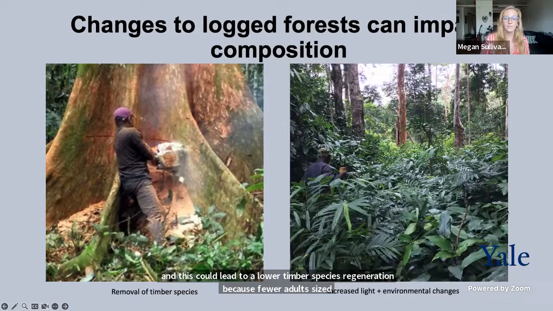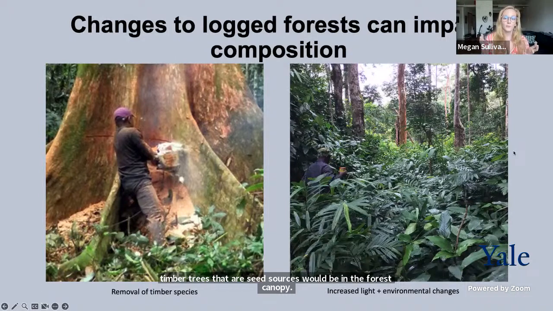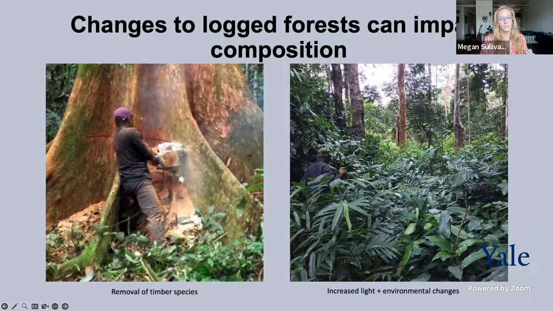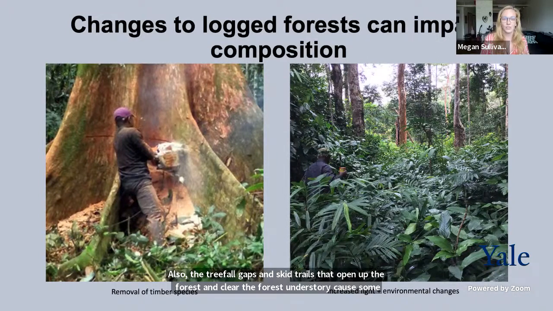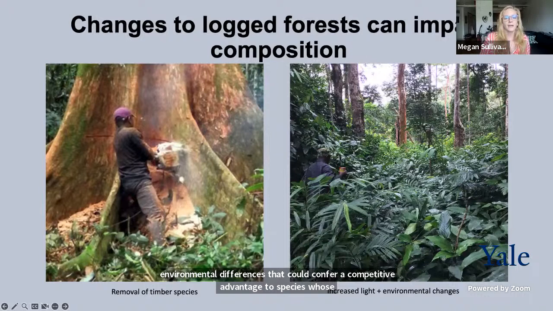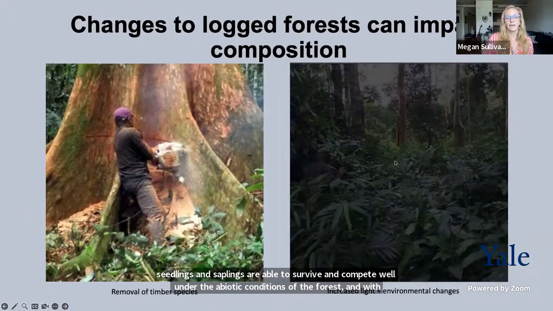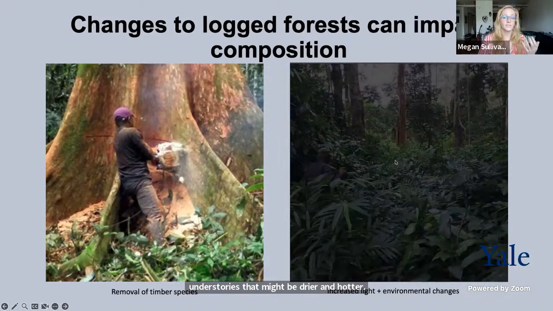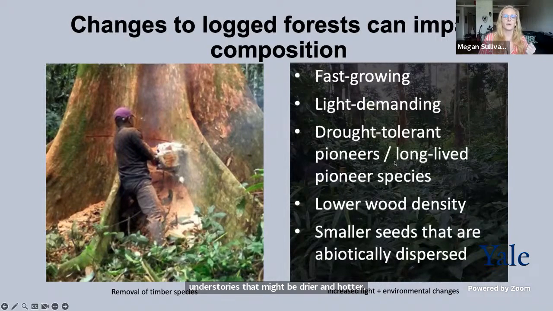Also, the tree fall gaps and skid trails that open up the forest and clear the forest understory cause some environmental differences that could confer a competitive advantage to species whose seedlings and saplings are able to survive and compete well under the abiotic conditions of the logged forest, with higher light and forest understories that might be drier and hotter. And the types of species that would really benefit from these environmental shifts are fast-growing, light-demanding, drought-tolerant pioneers or